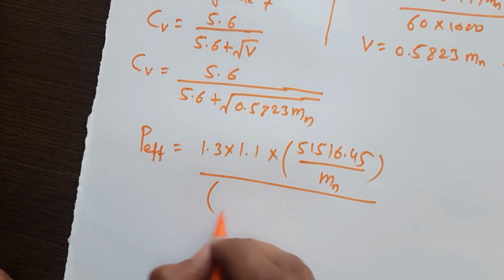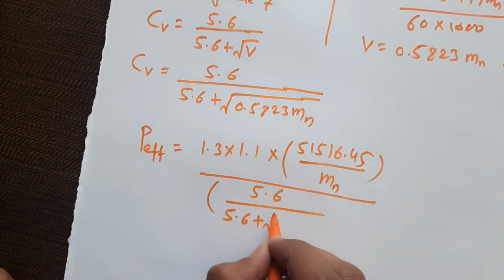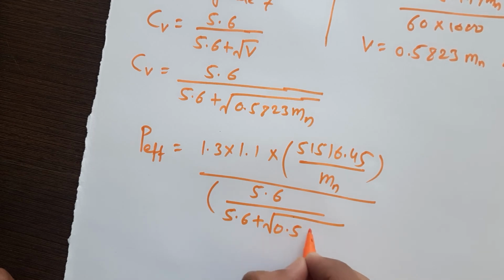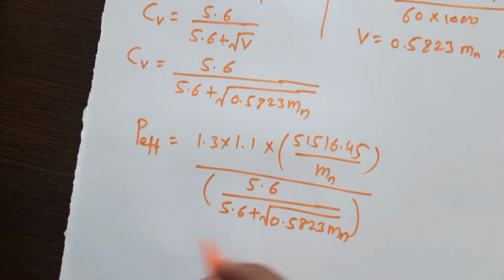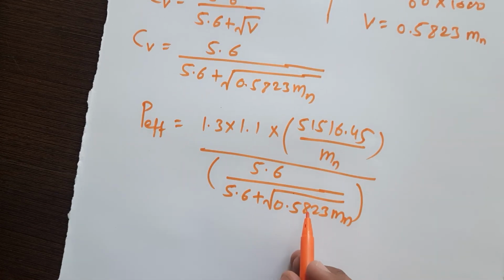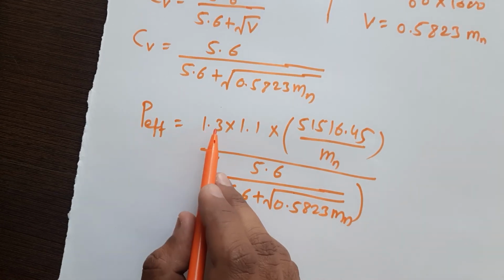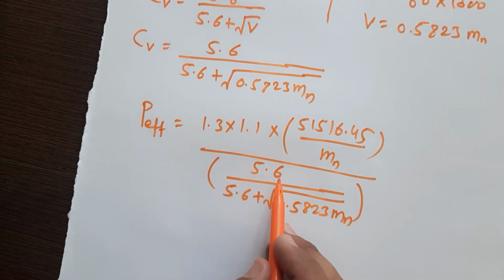CV is nothing but 5.6 divided by 5.6 plus under root 0.5823 mn. Now we will try to simplify this equation, because 1.3 into 1.1 divided by 5.6 multiplied